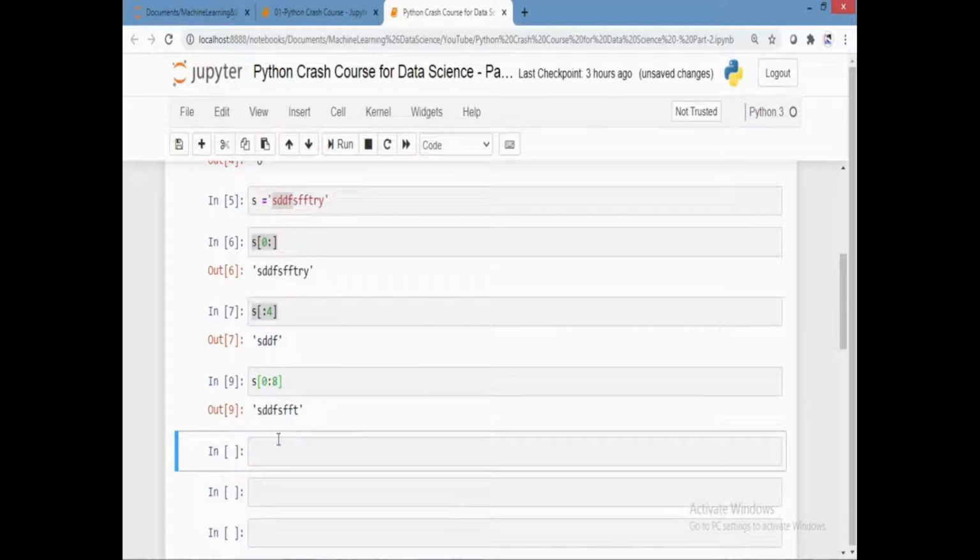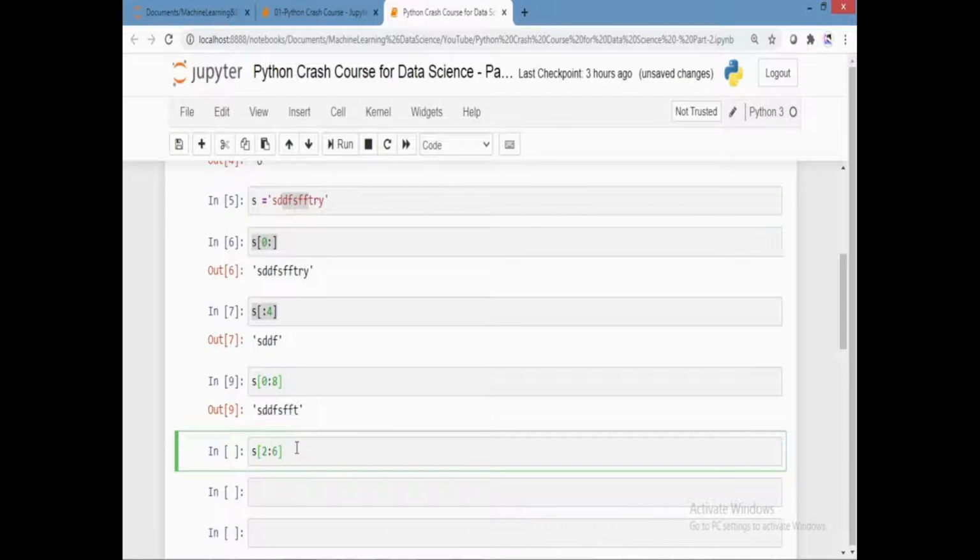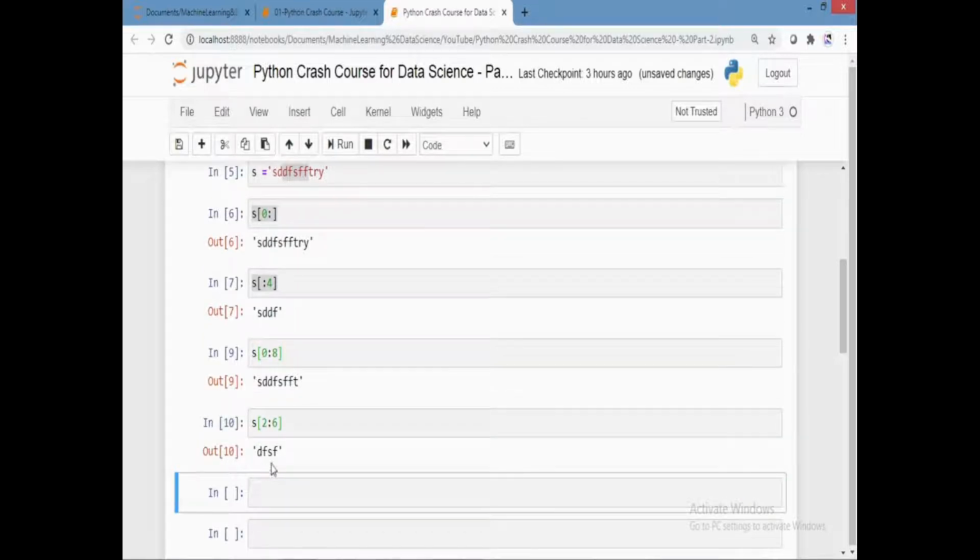Suppose you can also do 2 to 6. So what is it going to show you? 2, 0, 1, 2, 3, 4, 5, 6. It's going to show you up to this. See, D, F, S, F. So that's called indexing of a string.